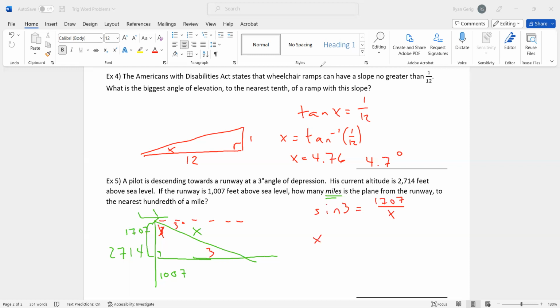I get x sine 3 equals 1,707. Divide by sine 3. So I get 1,707 divided by sine of 3, which is going to give me a very big number,